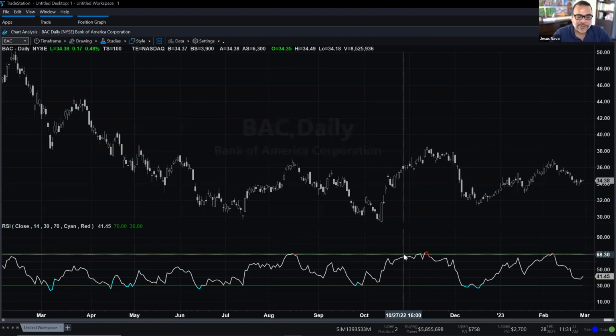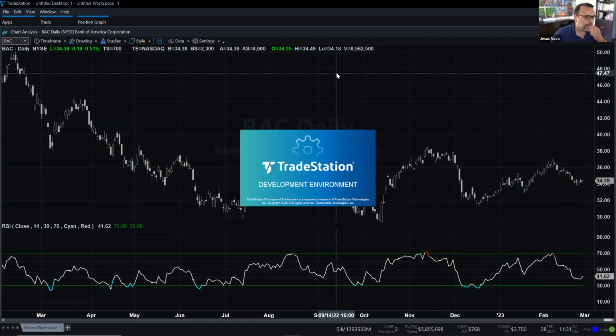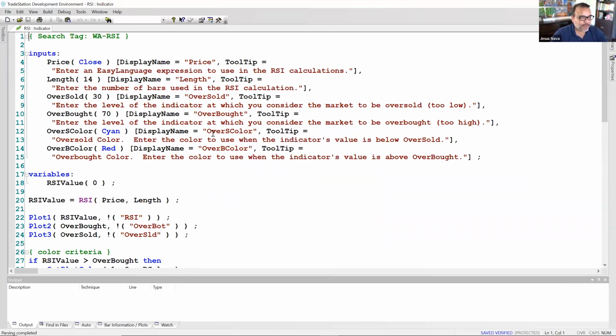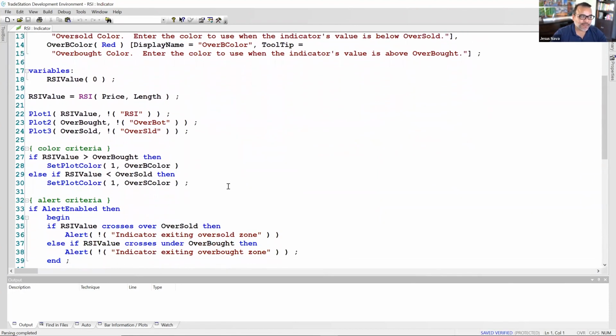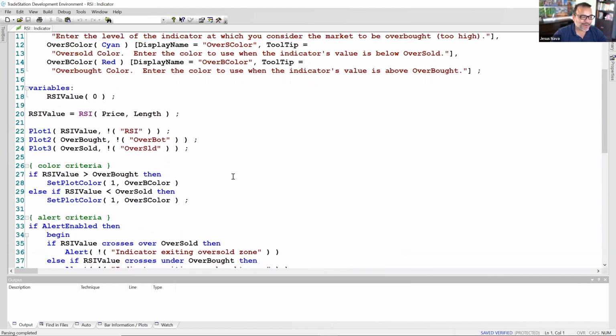Well, the first thing that I want to do is open up the code of the RSI. If you're not really familiar with functions and how indicators are built, open up the default code and let's take a look at it. Right click, and I'm right clicking on the lines. I'm going to edit EasyLanguage for RSI. This will open up the TradeStation development environment. This is the EasyLanguage syntax that calculates my RSI. And I may want to use some of these components to create my